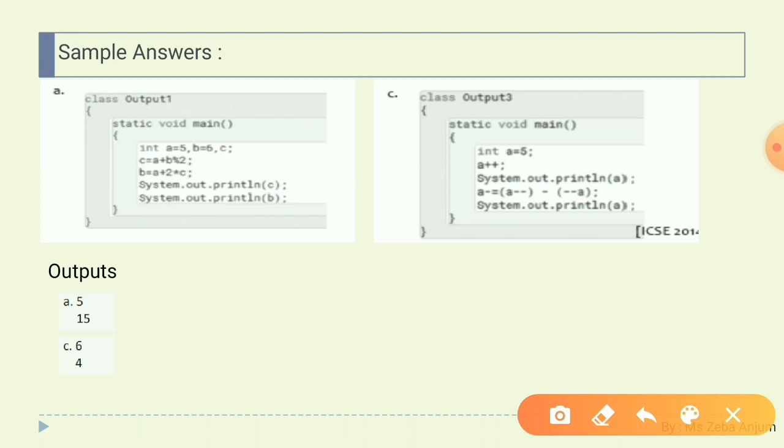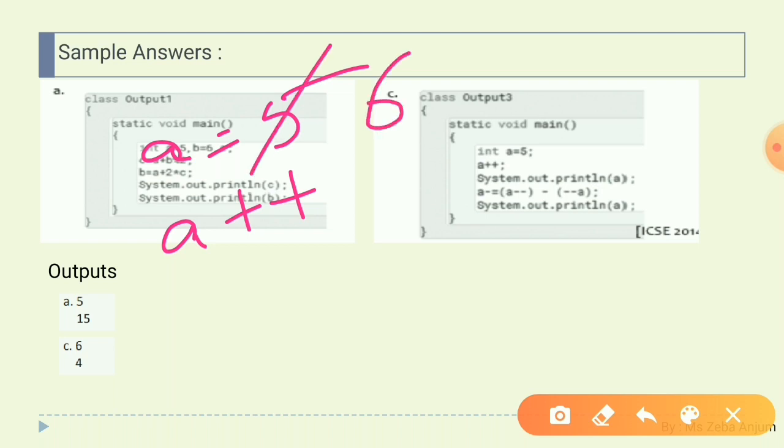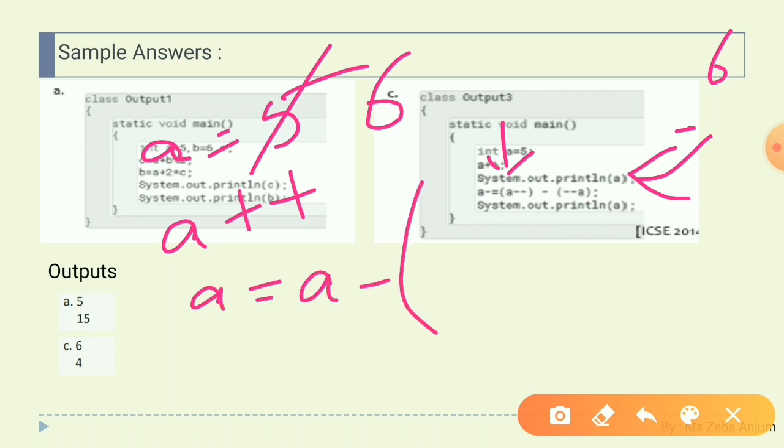Okay, now see the C part. Again we are having A equals to 5, and in the next expression we are having what? A plus plus. It means you are doing post increment over here. See over here we are not going to use the value of A, but anyhow the value will be increased by 1, so your 5 becomes 6 over here. Okay, now we have encountered what? System.out.println line. So at the same you are going to get 6 as an output at the first line. Again you are having a new line, so the cursor will move over here. Now again we have an expression. Firstly let us try to open this shorthand operator. Okay, so let us write down A equals to A minus this overall expression.